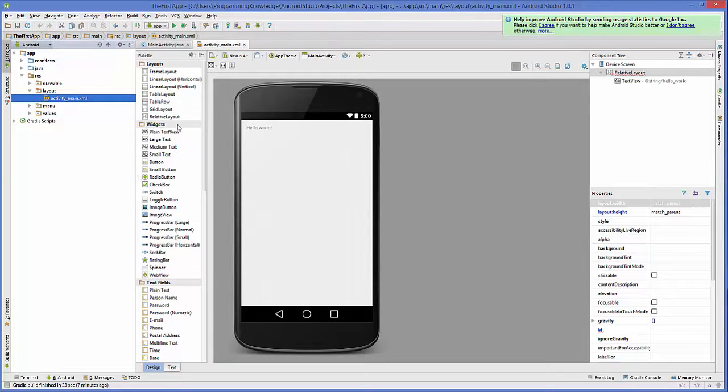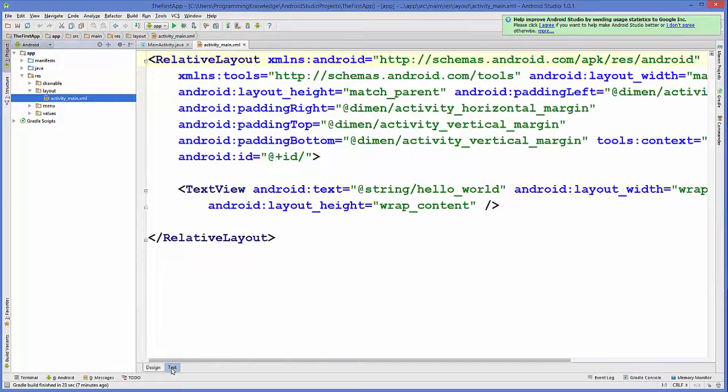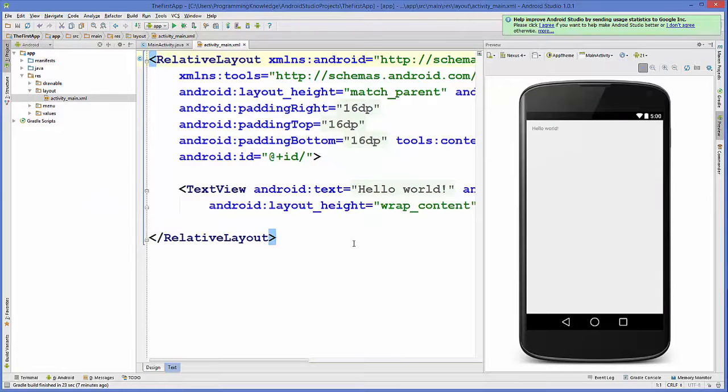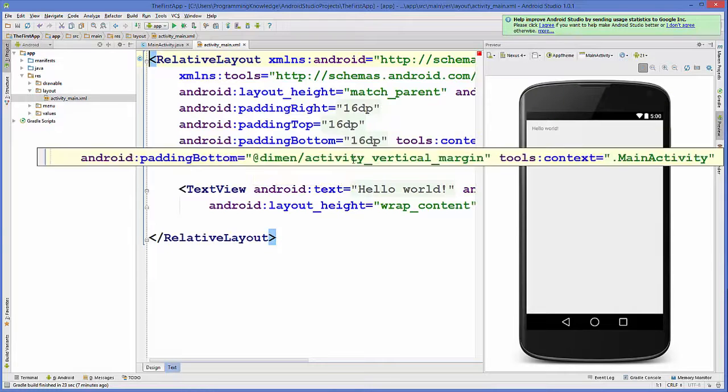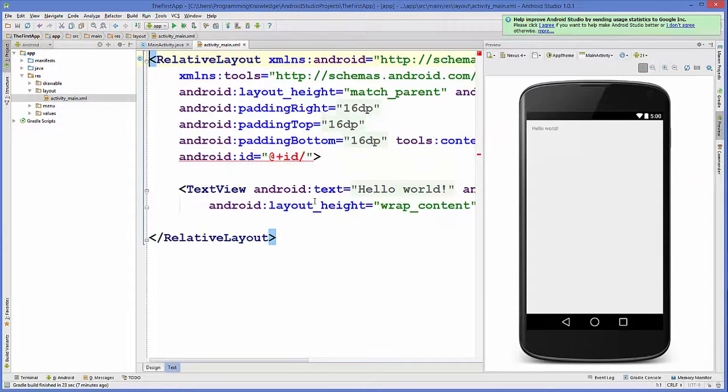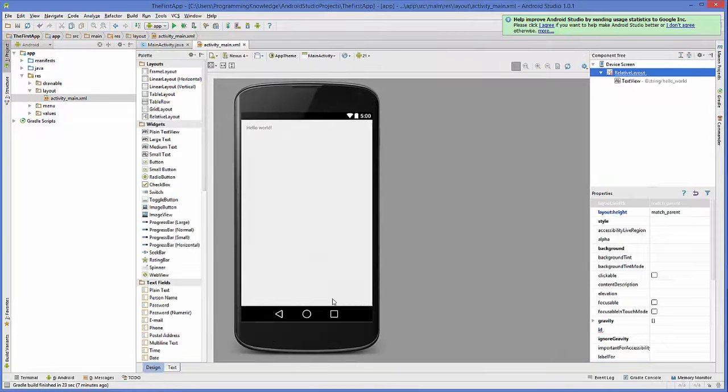So this is the design category of your activity, and when you click here on text, it will open an XML file, and this XML file is the main XML file which is responsible for the design of your Android activity, right? So what we can do is we can go to design, and we can